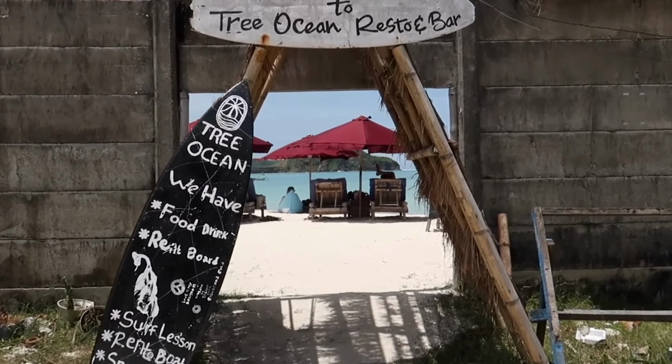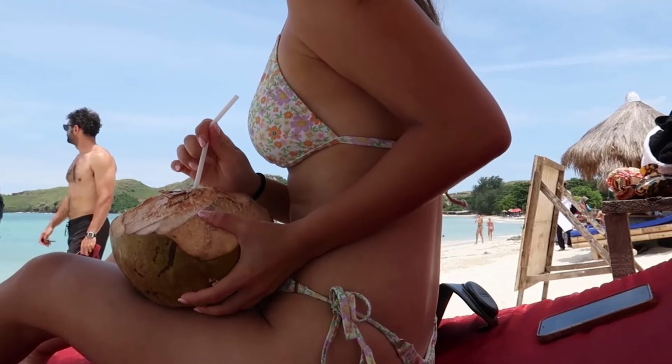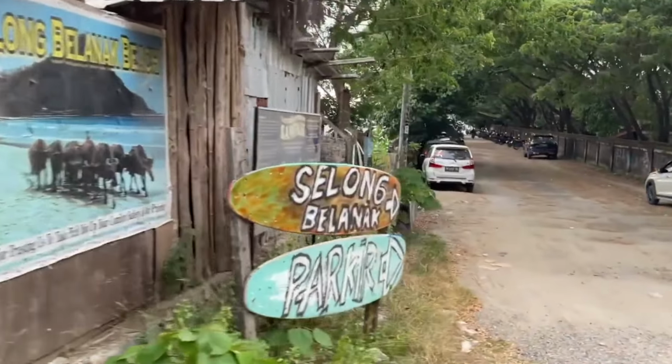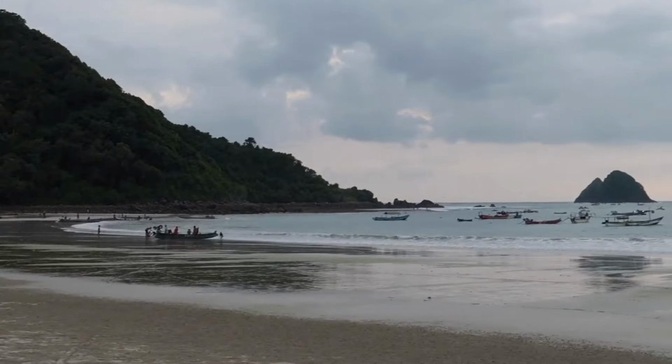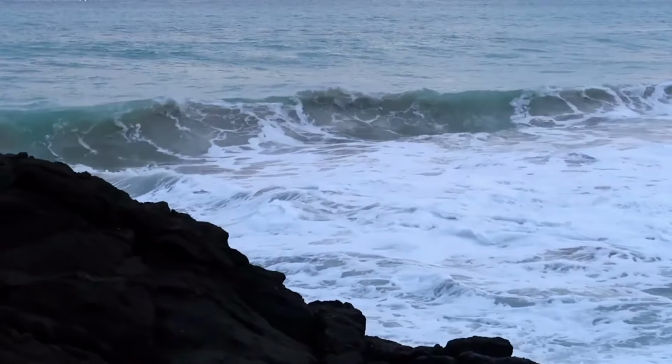Now, Lombok has some of the most beautiful beaches I've ever seen. If you're coming to Lombok, some of my favorites are Tanjung Aan Beach. It has soft white sand and turquoise water. It is a great spot if you just want to relax and also swim in the ocean. Selong Blanak is another beautiful beach here in Lombok. This is where you'll find the best beginner-friendly surfing spot here in Lombok,